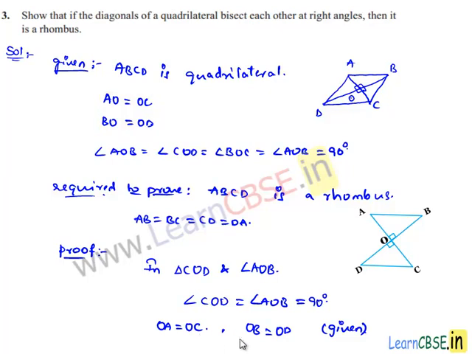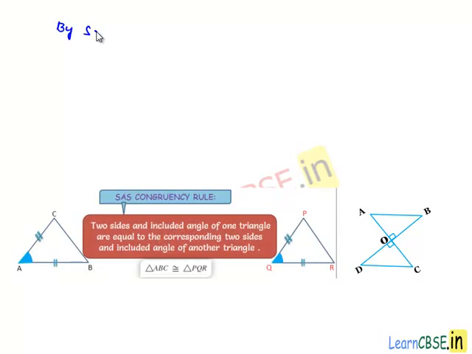From SAS property, as in triangle COD and triangle AOB, two sides and one included angle are equal, we can say they both are congruent. So by SAS property of congruency,